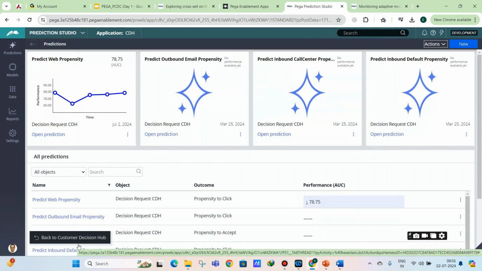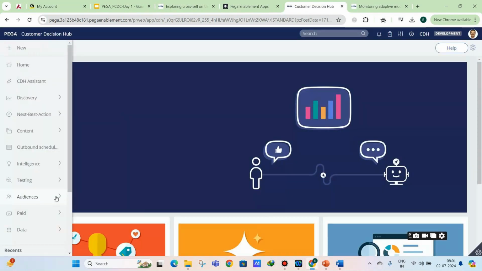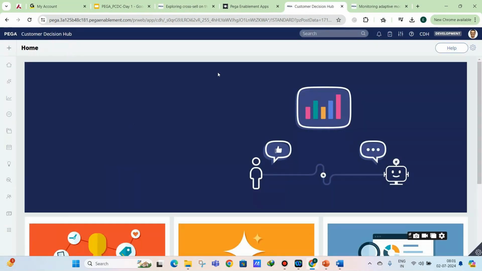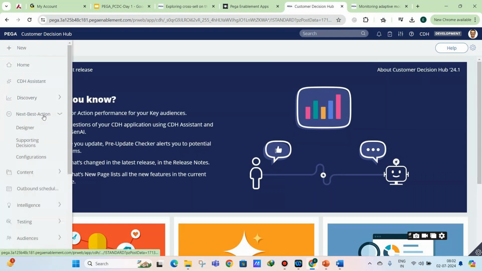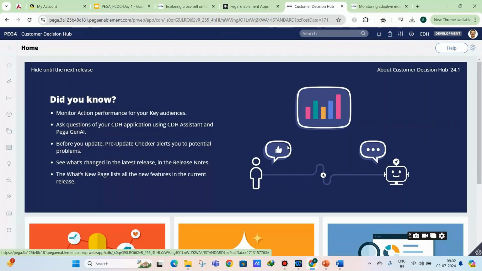This is how the Customer Decision Hub looks, which is called CDH. CDH stands for Customer Decision Hub. Our entire Pega Decisioning and Marketing work will be done in this CDH portal, which we are going to see in the upcoming sessions.